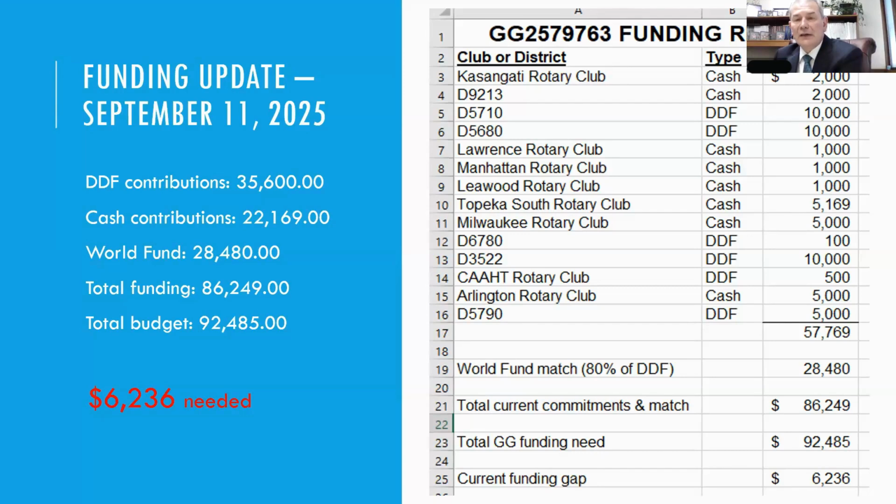And so district designated funds, DDF. Aaron, you made a comment about what that is. And how that works is when you contribute to the annual fund share, and that's anybody, what happens is 3 years from now, you will get 47.5% of that money back coming to your district. And your district leaders are the ones who can determine how that money is spent.